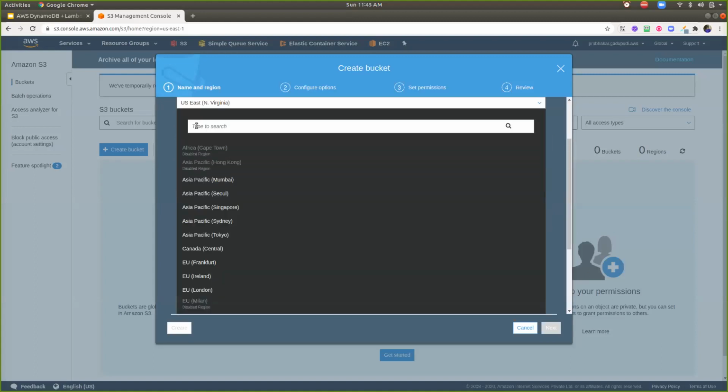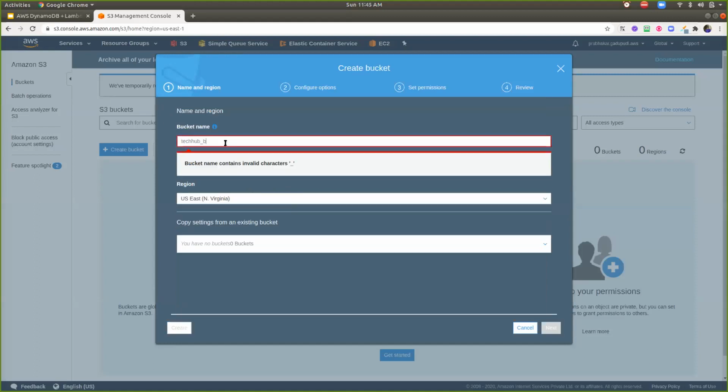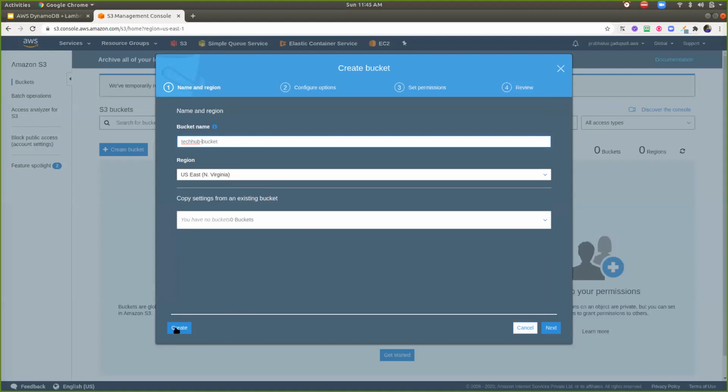So here my bucket is in North Virginia, US East, and the bucket name I'm using is TechHub_bucket. Then create the bucket. Now I have created a bucket successfully.